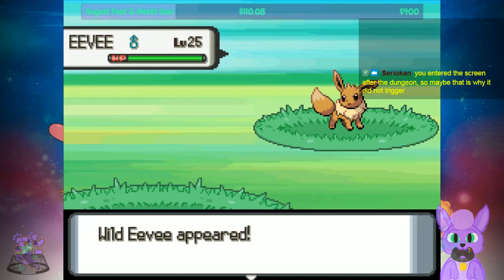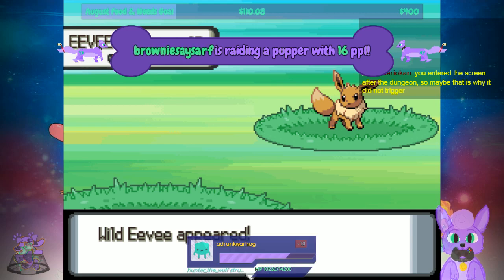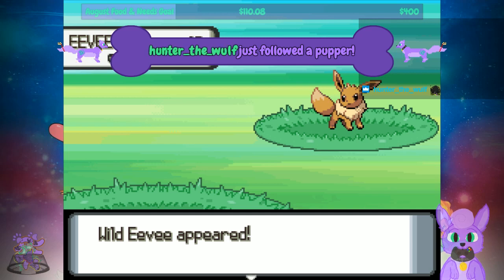You enter the screen after the dungeon, so maybe that's why it didn't trigger. That's not how auto-run events work. If an auto-run event has its conditions met, it will run the moment the character enters the map and all other events have ended. So if the main character enters the map and an event...